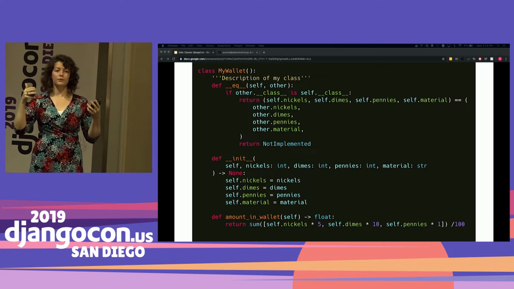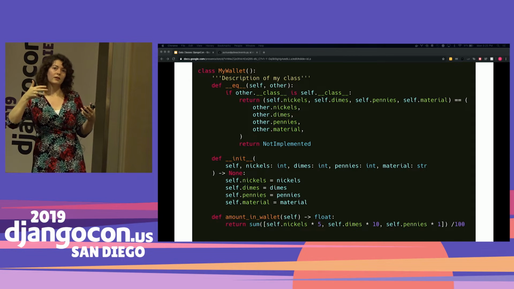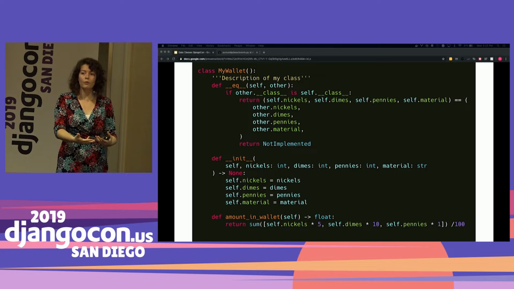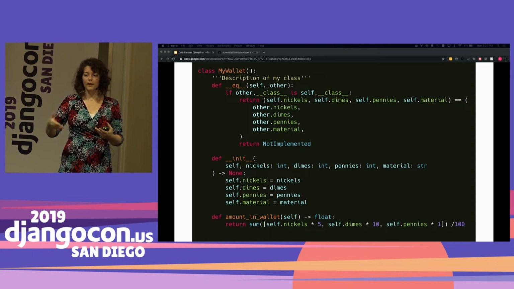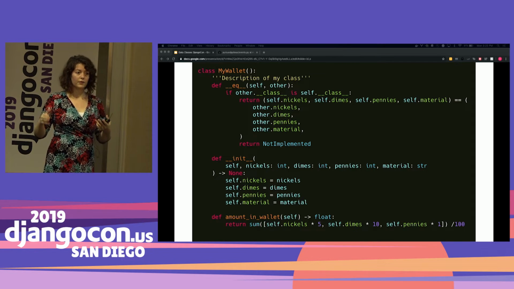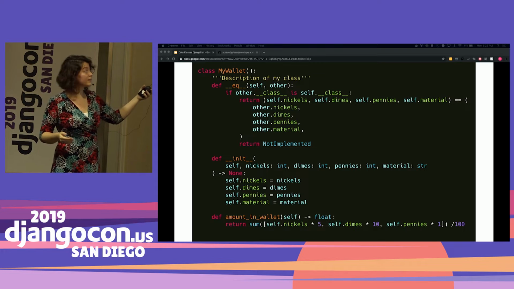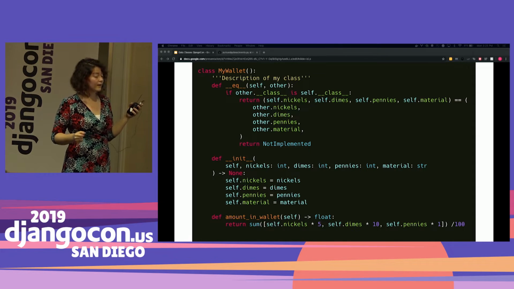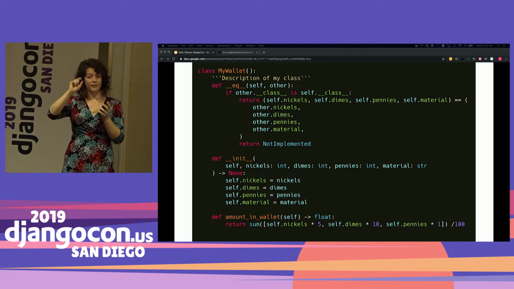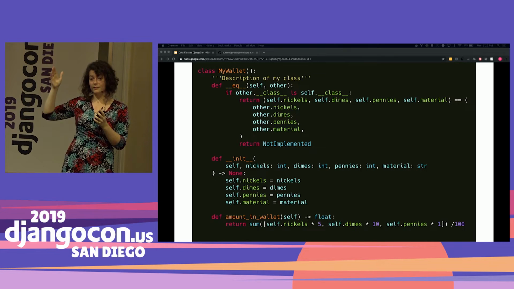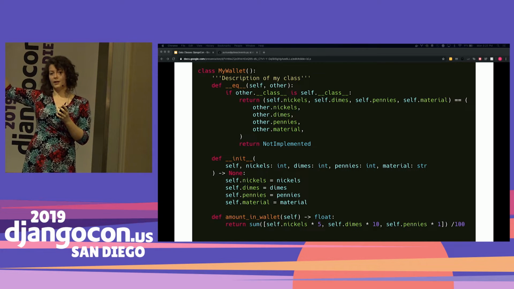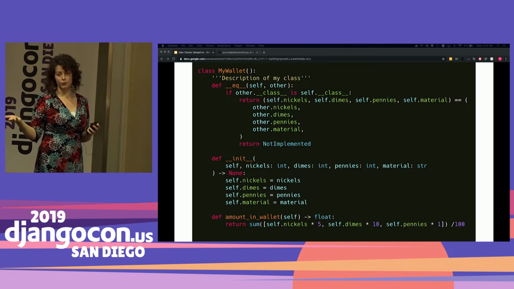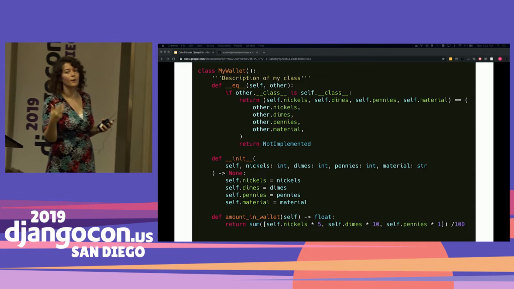This is another one of those magic classes, and Python allows you to reach down and make your own magic Dunder methods that enforce a specific way for this to happen. And essentially what this does, it allows you to say, my wallet.nickels is other wallet.nickels, and it'll give you a Boolean in return. Okay, that's allowing that to happen.